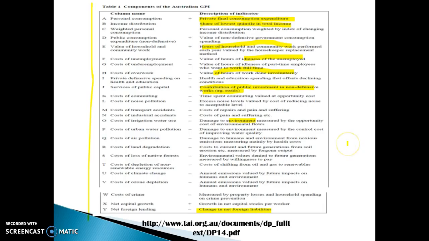But if you refer to the last slide, and if you look at this column here, it's probably a more clear understanding. So it deducts the cost of crime, it deducts the impacts from climate change, and negative impacts of land degradation, of air pollution, hurting our native forests, noise pollution, costs of commuting, so amount of time spent in traffic. It'd be pretty easy to come up with 2 or 3 things that get deducted, in my opinion. And then things that get added, household and community work is the main thing. Again, the benefits of raising your children get included into that as well.